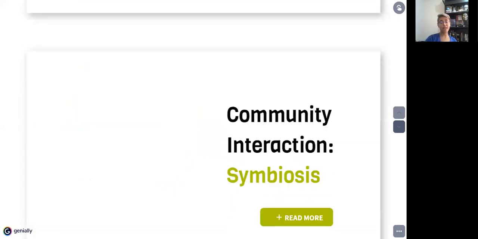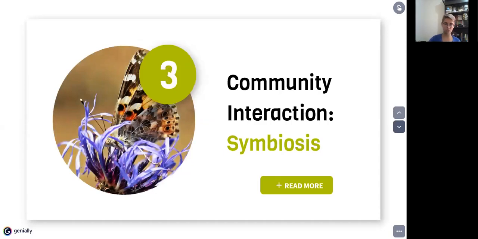Another type of interaction, and this one occurs only between species. This is for sure community interaction. It's when we're talking about symbiosis. And do you remember the symbiotic theory? I hope so, at least that you remember that name, endosymbiotic theory. If you remember about the endosymbiotic theory, we said that there were bacteria working together to create a bigger cell. It's called endo because all these bacteria finished on the inside of another cell. Endo means in or inside.